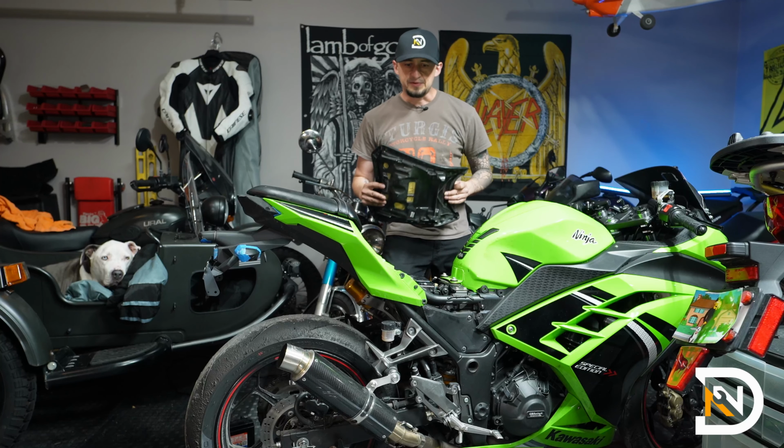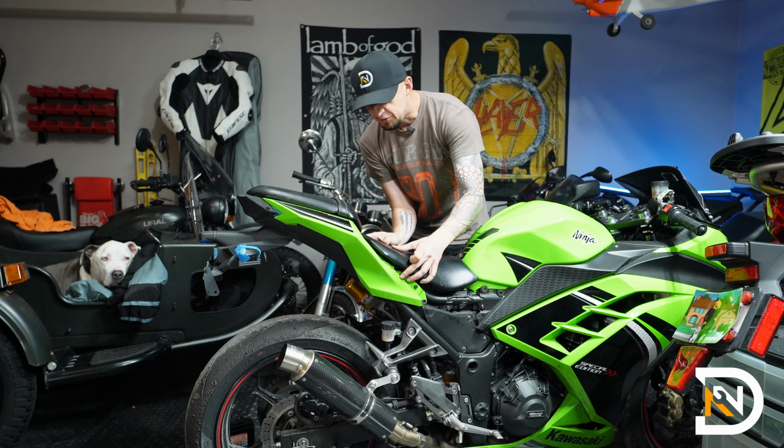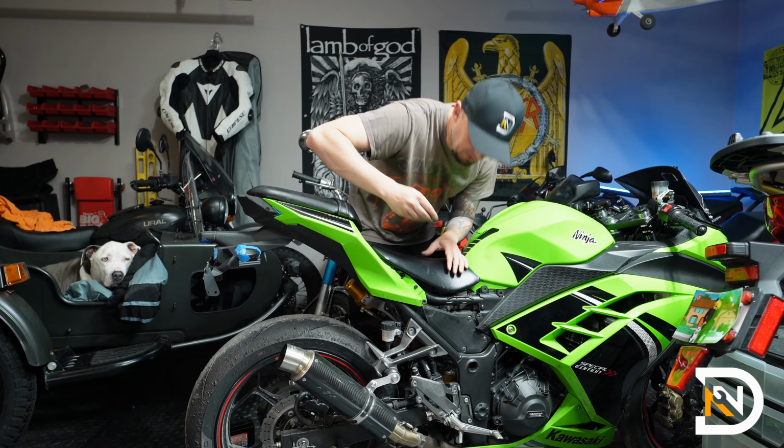Next up, we'll reinstall the seat. So with this guy, catch it a little bit farther back, slide the tabs in place, and slide it forward. And then use the 10mm bolts